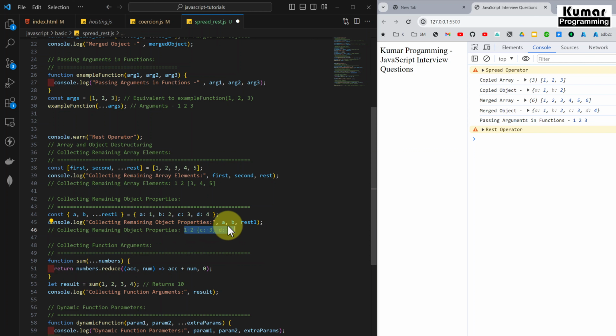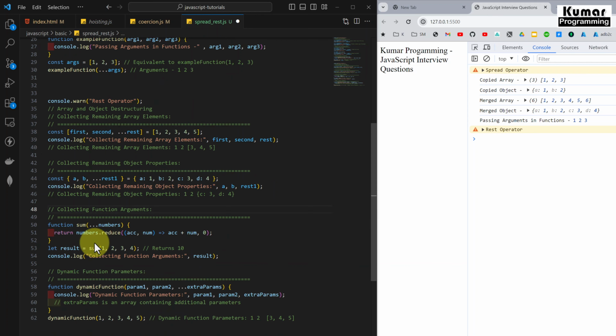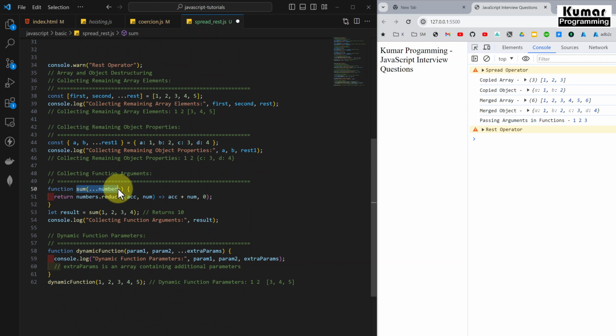See here the output. Here we are printing one, a, b, and rest. So for a we are getting 1, for b we are getting 2, and for rest we are getting an object with c and d, right. And in the third case, here we have declared a function and are passing the parameters